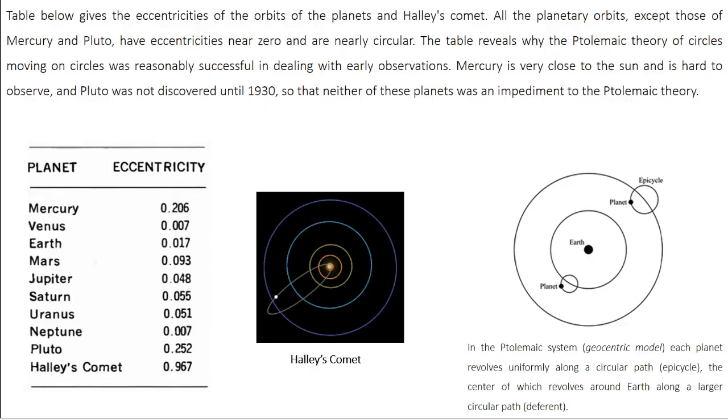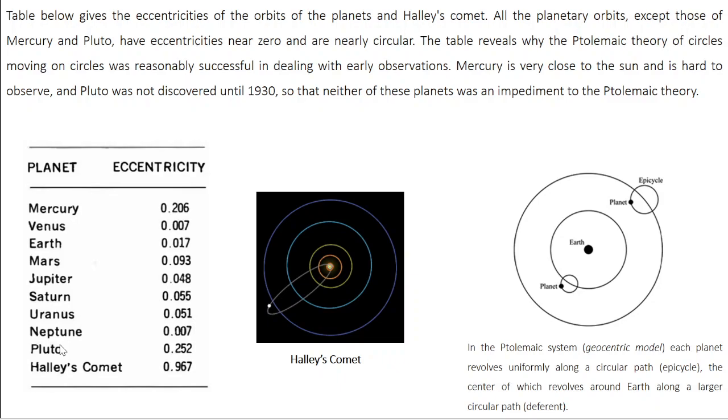And before stopping, you can just look at the eccentricity values of various planets in our solar system. So you can see that except Mercury and Pluto, all other planets have eccentricity very close to 0. That's the reason why all these planets have almost circular orbits. On the other hand, Mercury and Pluto have slightly higher eccentricity. Consequently, their orbit corresponds more to an ellipse than a circle.